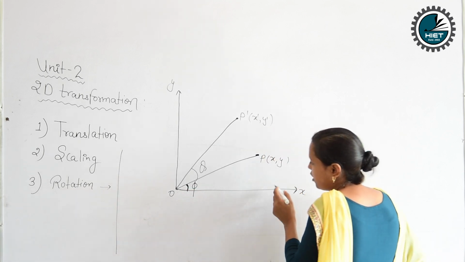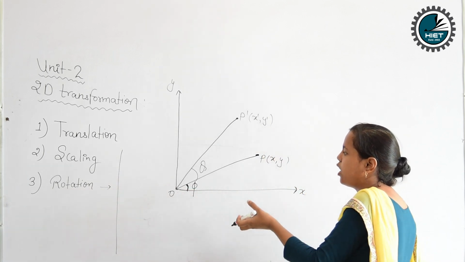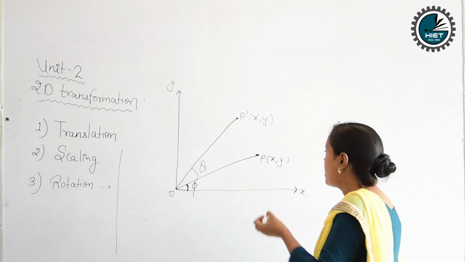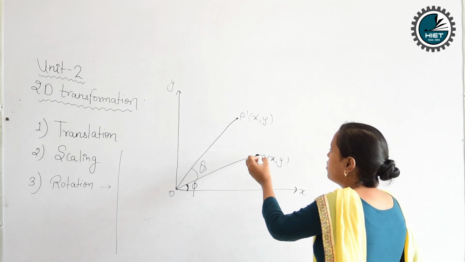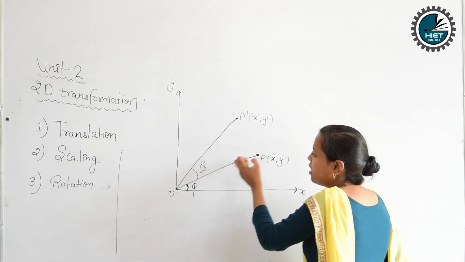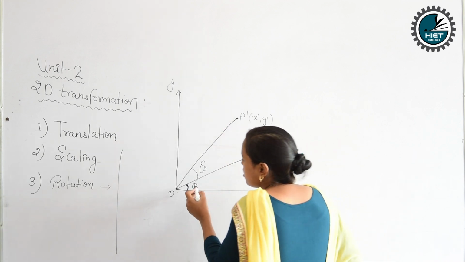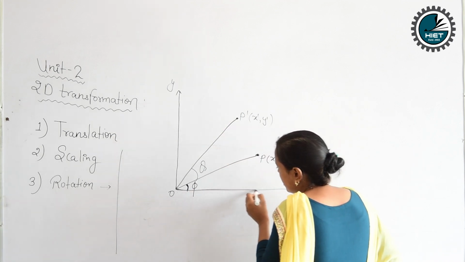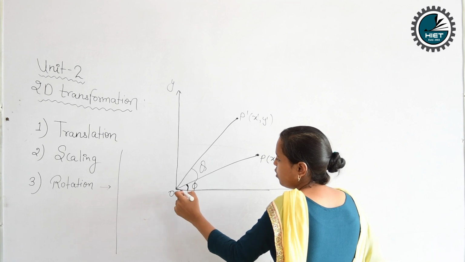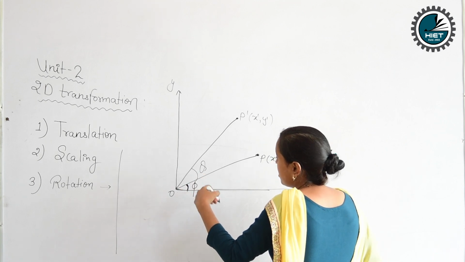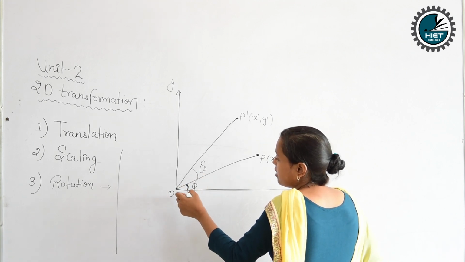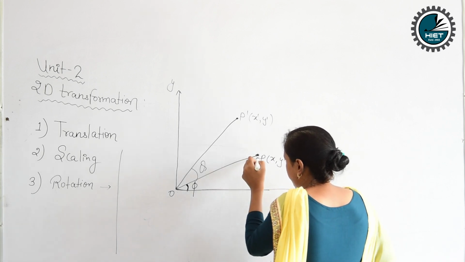We don't know how to put the x and y values on the point P, because we are rotating that point, so we don't know the x comma y. So we take the point from the origin, following the phi angle from the origin,